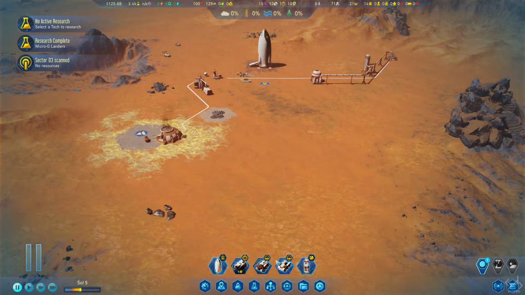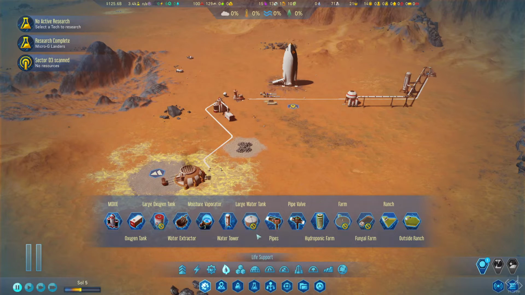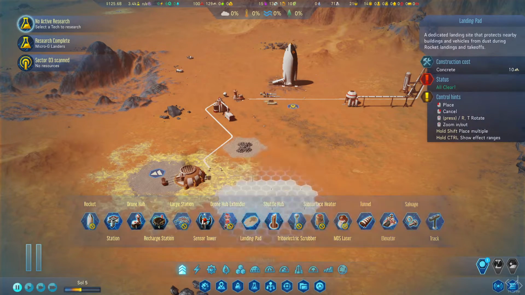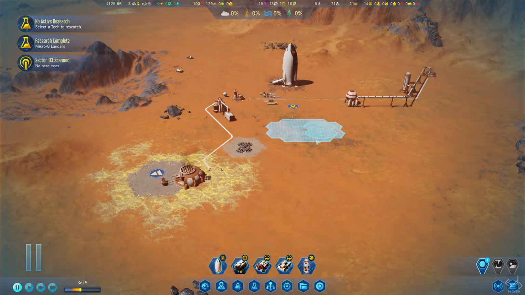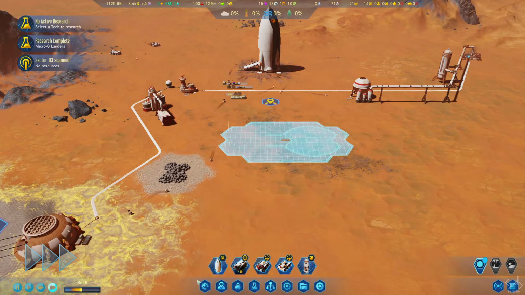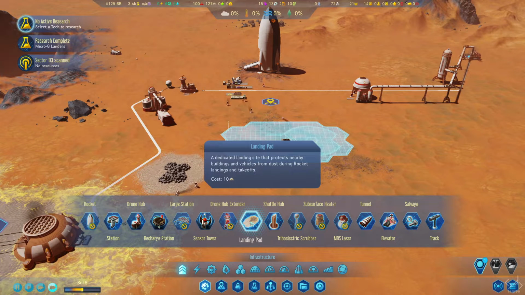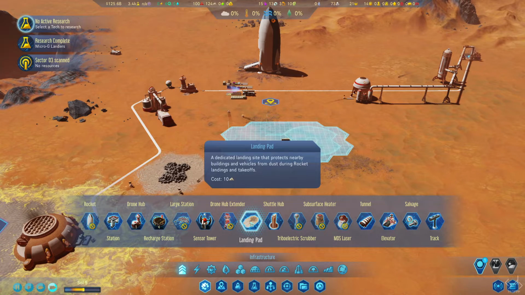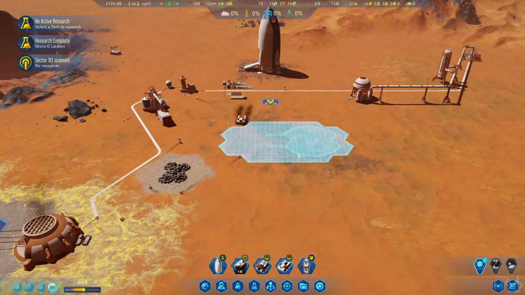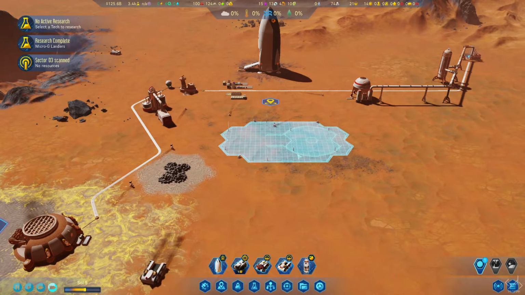So I'm going to close this one, but then I'm going to land. Before I'm landing it, we're going to build something. We're going to build a landing pad. The landing pad is a really, really important thing. Basically because it's a dedicated landing site that protects nearby buildings and vehicles from dust during rocket landings and takeoffs. Very important. So as soon as it gets built,